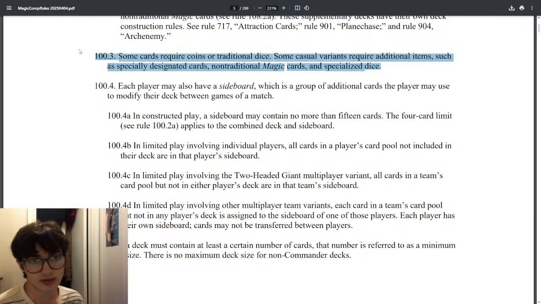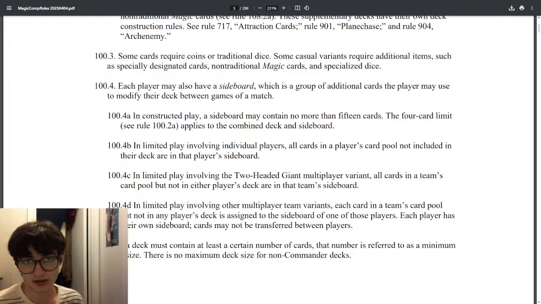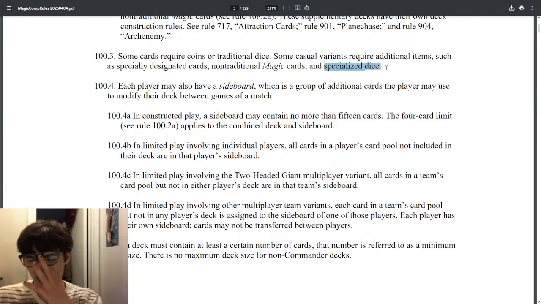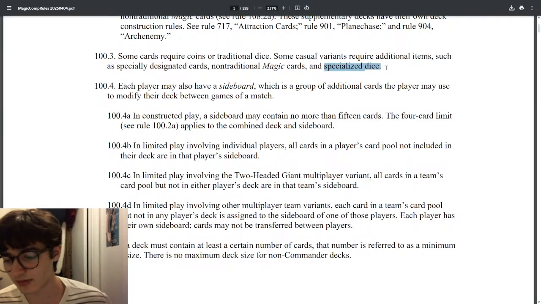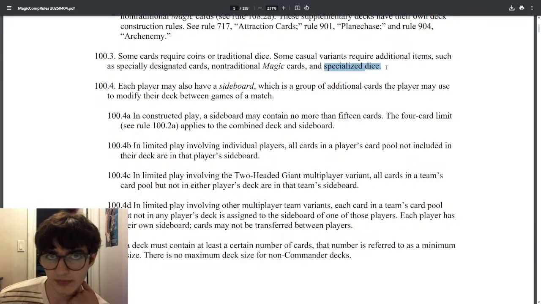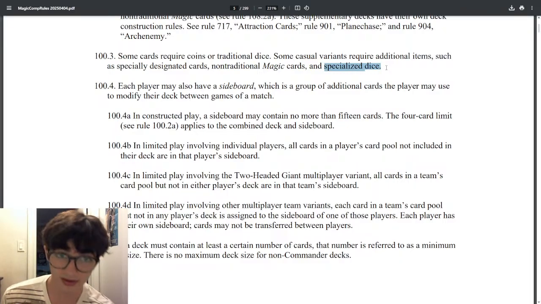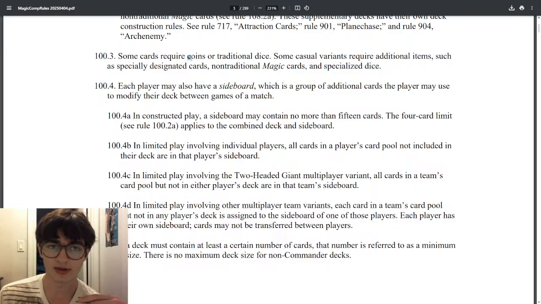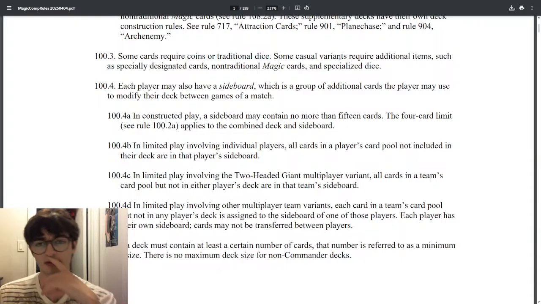But some people don't have additional items such as designated cards, non-traditional Magic cards. Specialized dice is one of them. So you'll see this if you're playing for any of the D&D cards that say roll a D blank, or coins, or traditional dice like these.